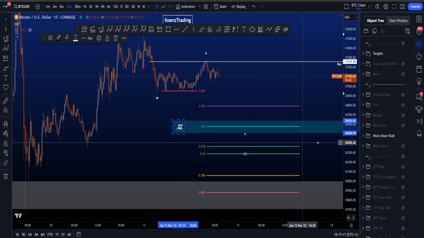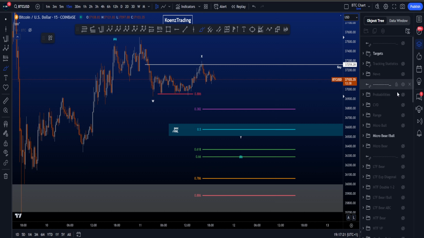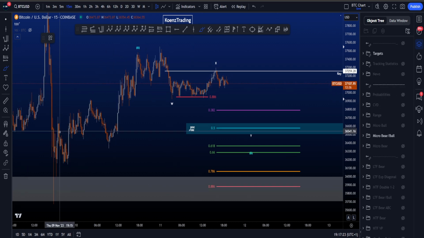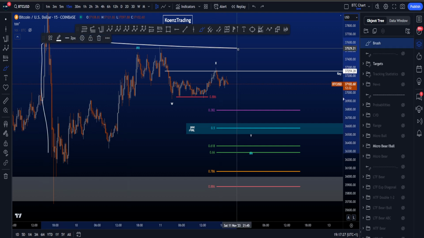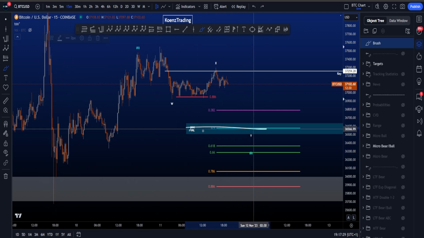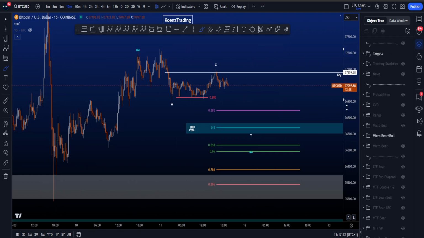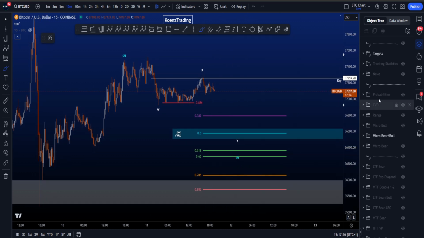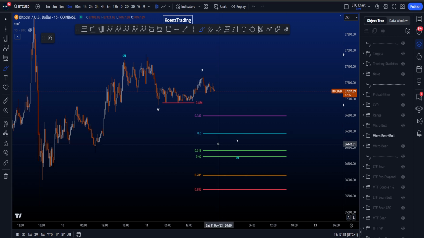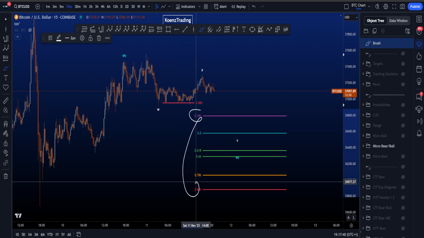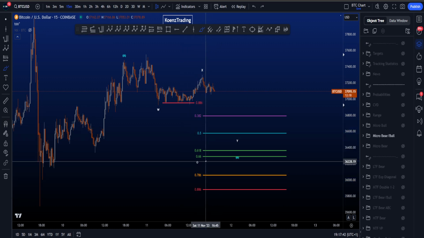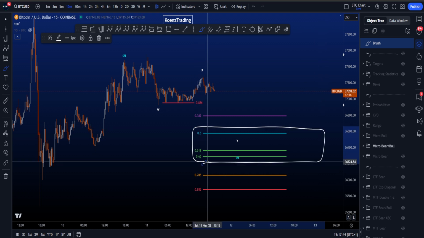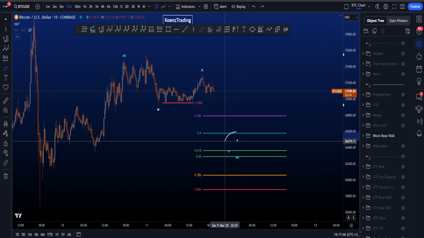So we have this target box here between 36.5k and 36.6k with a couple of interesting confluences, including the point of control of this little range over here, the 0.5. We also have the full range value area low over here as well, which is quite nice. So there's a couple of confluences which are quite interesting, and for a wave B, the common targets are between the 0.382 and the 0.886. So the 0.5 or the golden pocket to 0.5 area is absolutely fine